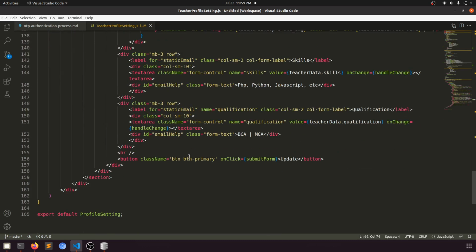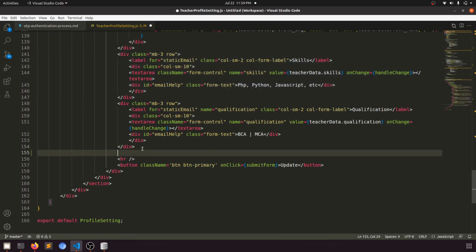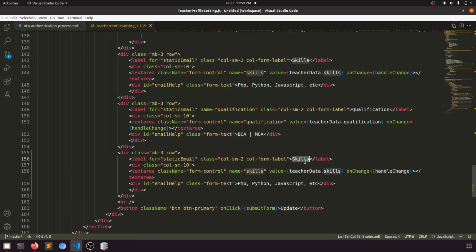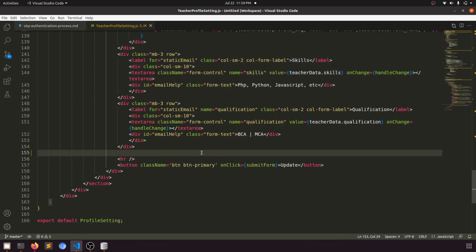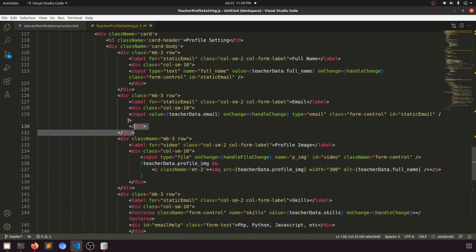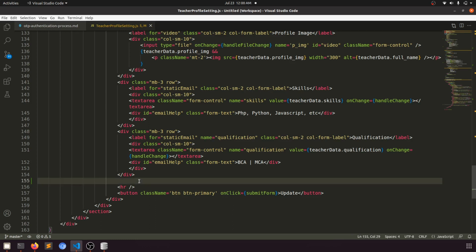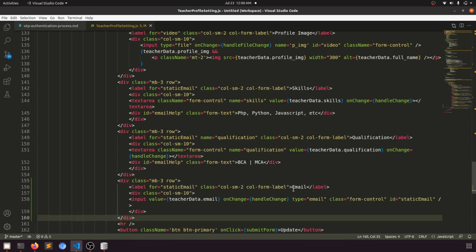Let's add one more field here. We don't need the text area, and we don't need the image either. We need to copy and paste here, and we will say, not verify status, we'll say simply,